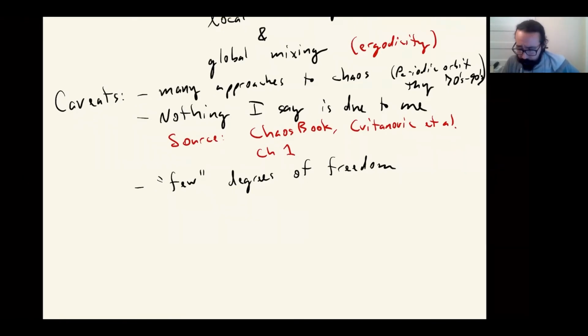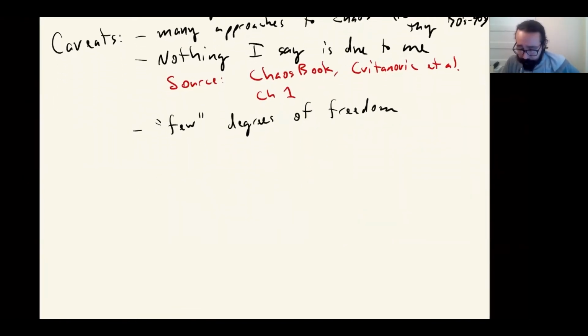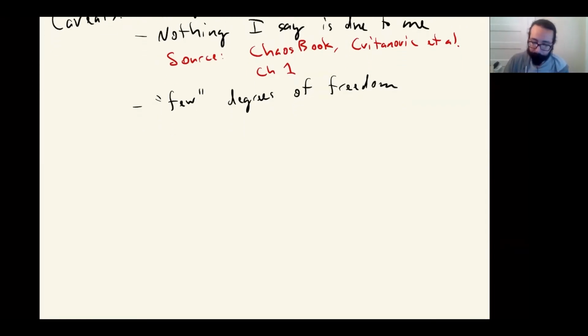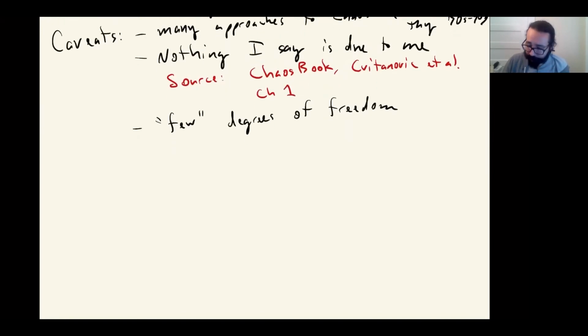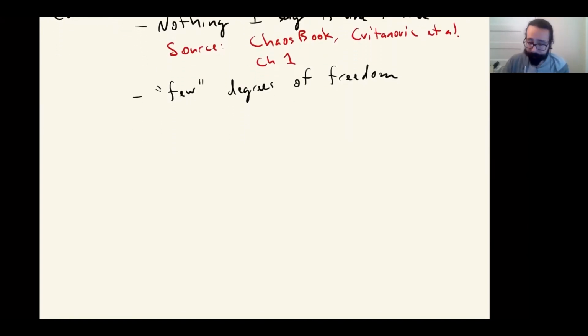But this is not me saying that these ideas are irrelevant. It's just that I don't think the technology is quite up to handling truly many body systems. Great. So those are the caveats I can think of right now. There are probably others that will come up along the way, but for now, let me just quickly state what the precise takeaway is going to be.